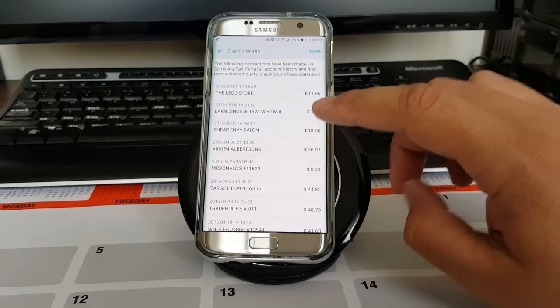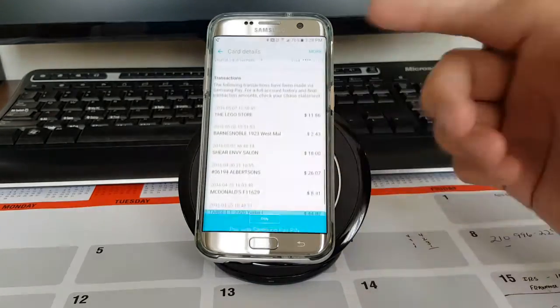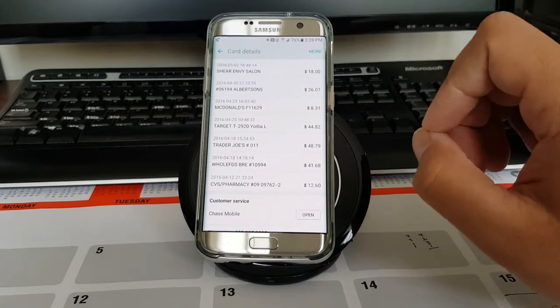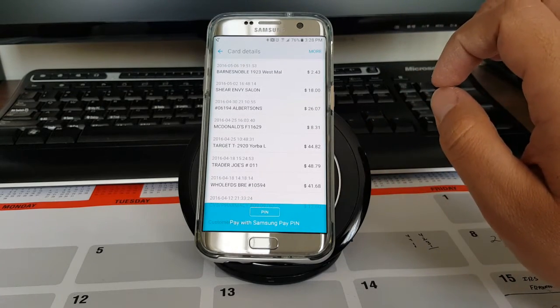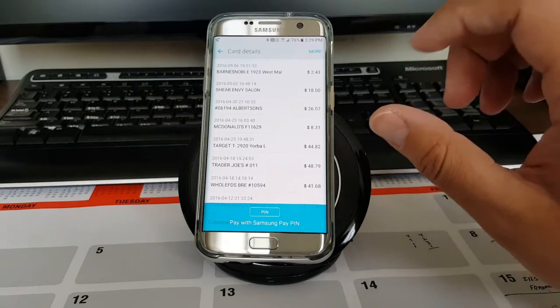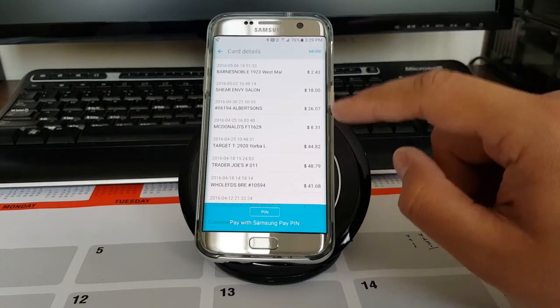Some of these are transactions that have occurred with my card, and Samsung notifies me of those very transactions. And I really, really appreciate that, because this has gone beyond just an electronic wallet. This is an active monitoring system for your accounts. So any activity that appears here is pertinent to me, because this is personal and business that I use Samsung